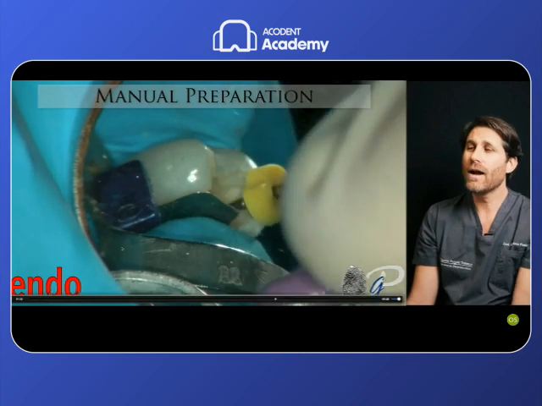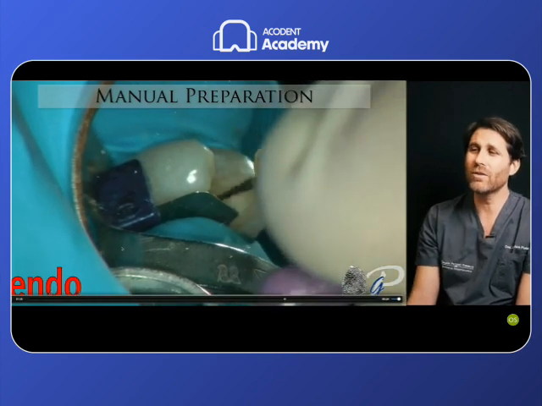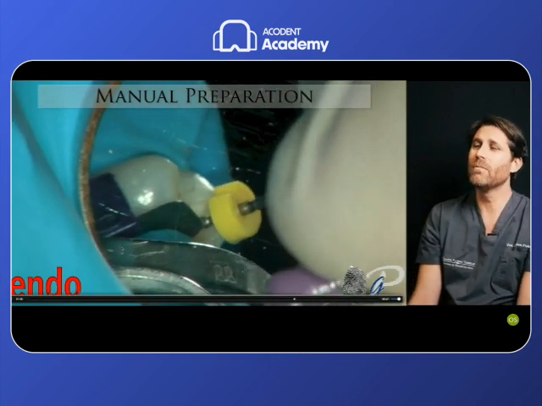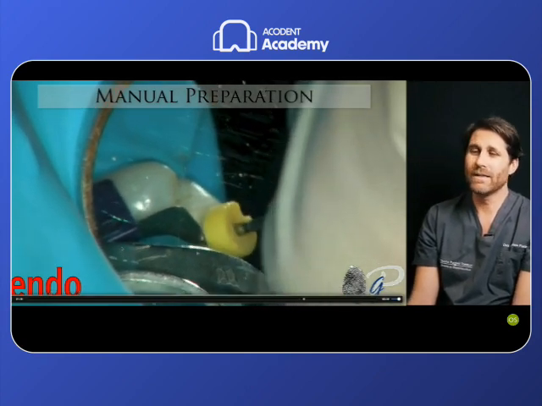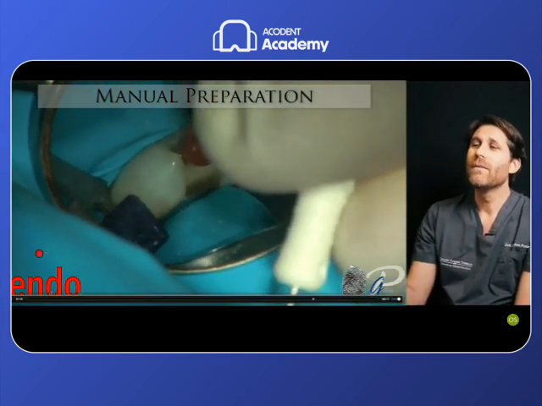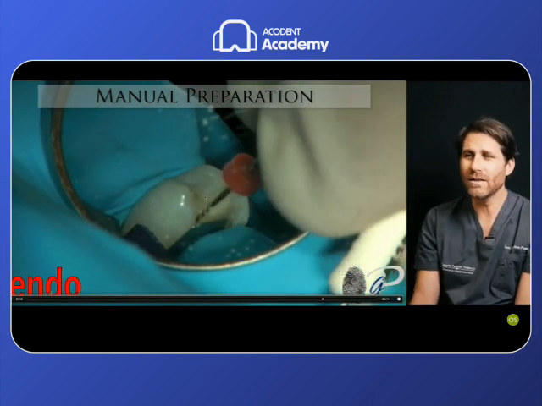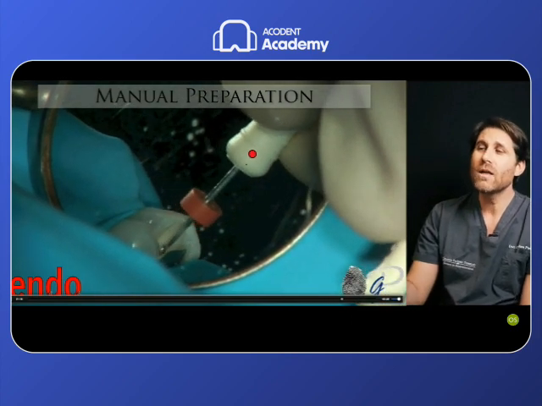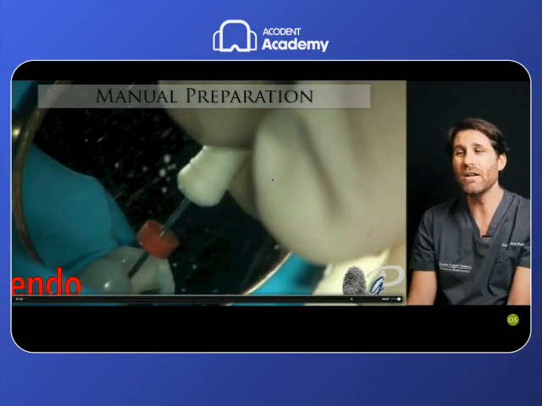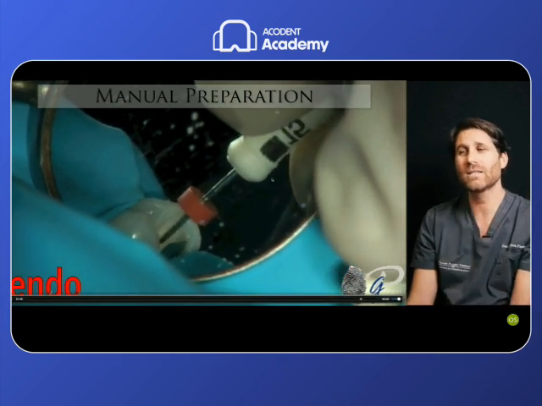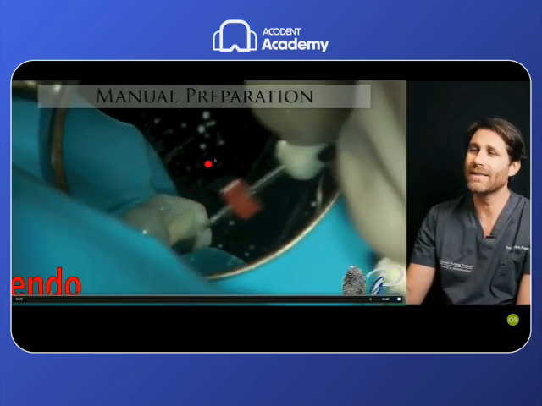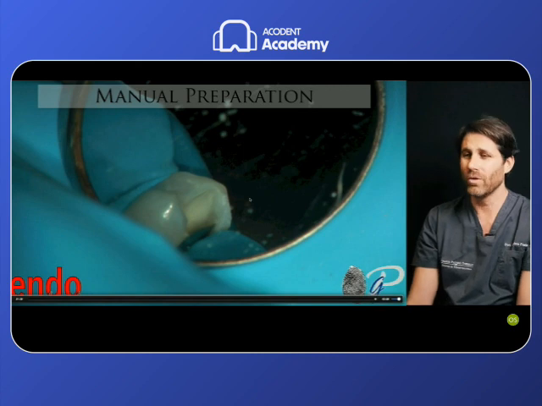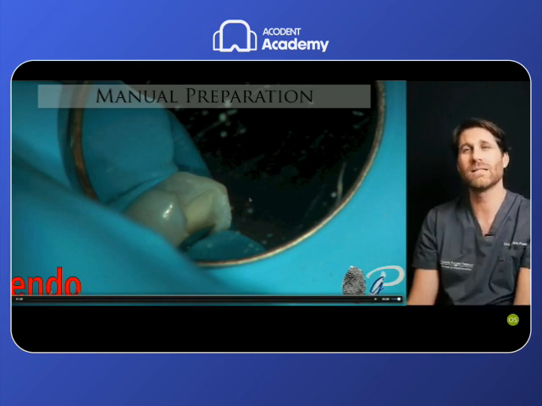Because we need to regularize the curvature and make this trajectory less difficult and easier to be followed by the stainless steel file. And we can do this only by deforming this trajectory, regularizing it, reducing the abruptness of the curvature. Sometimes we also need bigger stainless steel files. The 15 is very rigid, and it creates transportation very easily. So it's an instrument that I don't like to use so much for doing this. I really don't like to use instruments in stainless steel bigger than 10 because they are very rigid. They can make deformation and transformation of the apex.